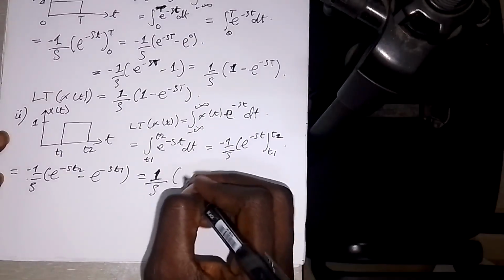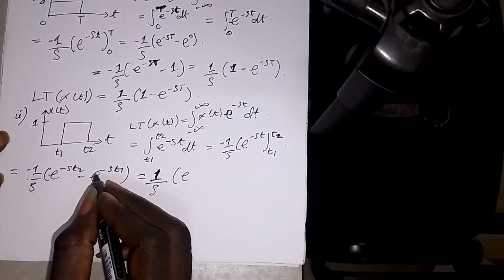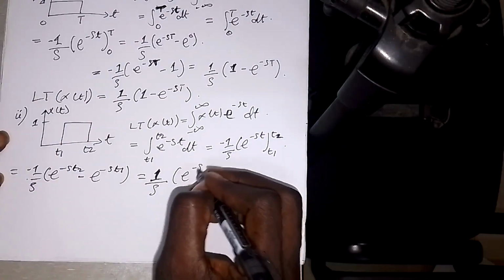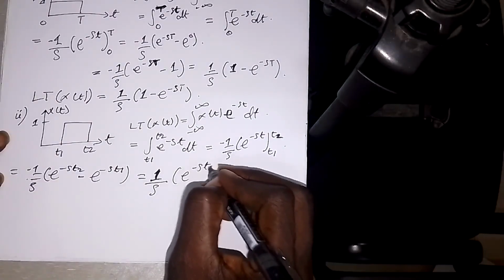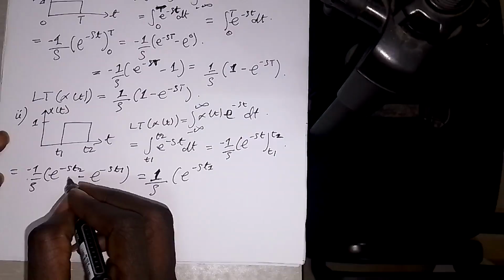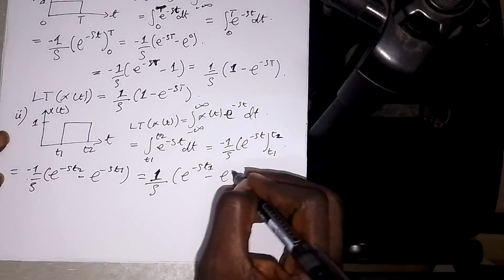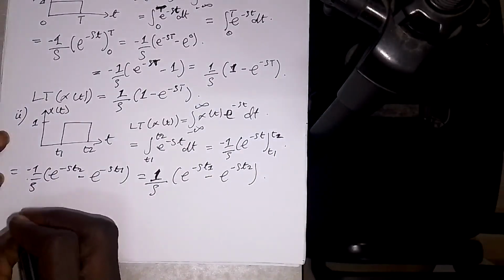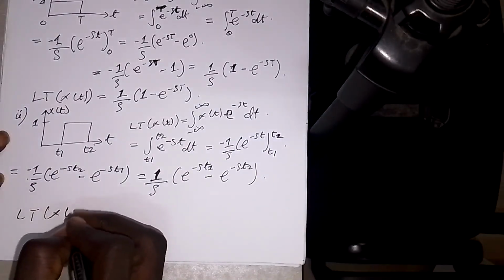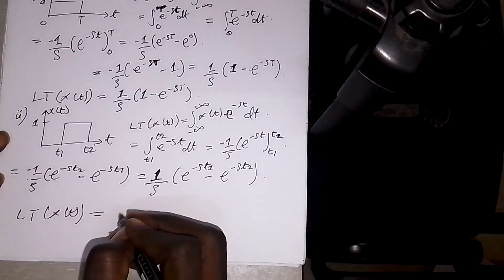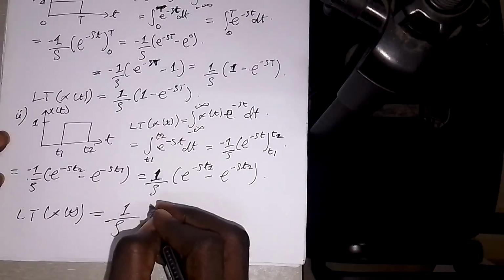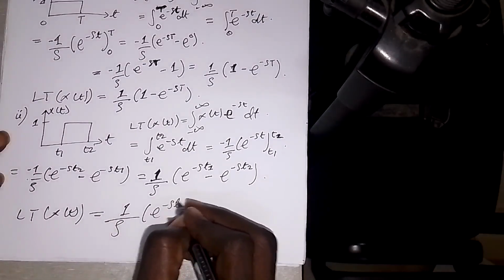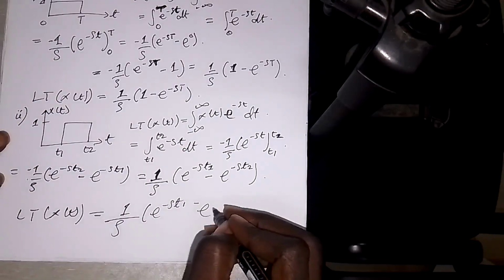S into what? E. This by this, I'll get positive. So E minus what? S T1, okay. This by this, I'll get negative. So minus E minus S T what? 2. Okay, so now the Laplace transform of x of T in this case is going to be what? 1 over what? S into what? E minus S T1 minus E,